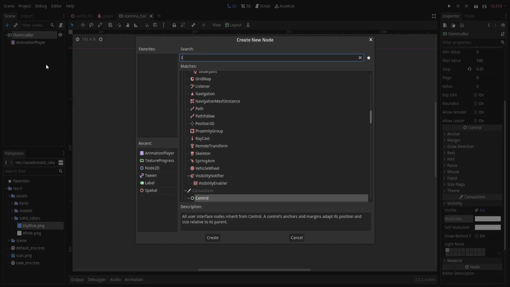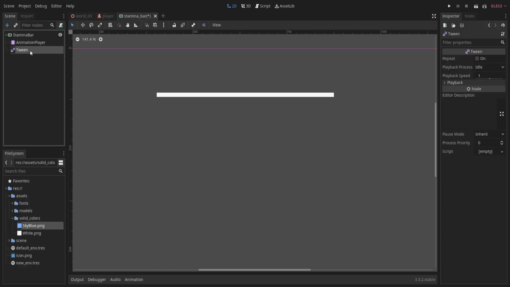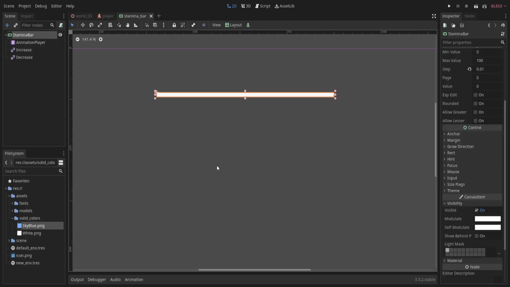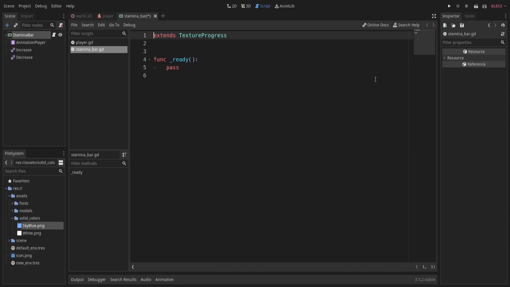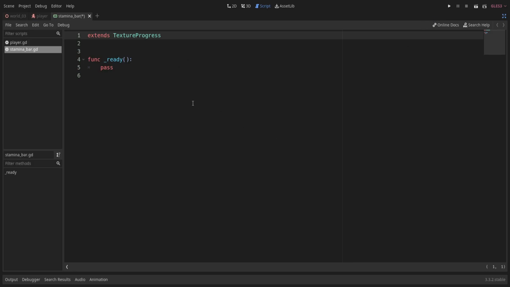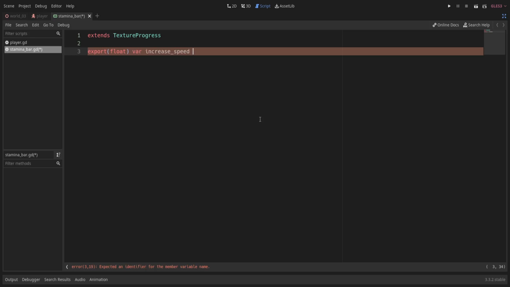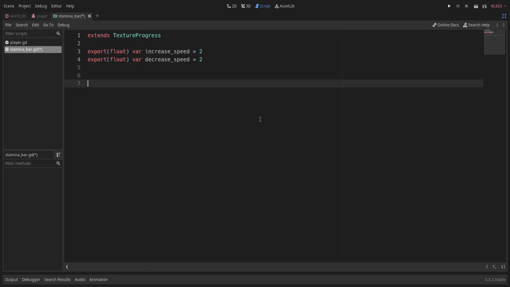Now create a tween node which will be used for manipulating stamina. I'm going to name it increase. Duplicate it and name the new one decrease. So let's add a script to stamina bar. As the name suggests, these two variables would be used to control the speed of the stamina bar.